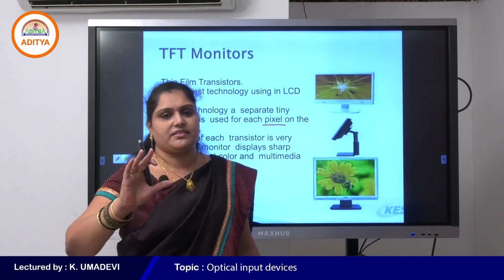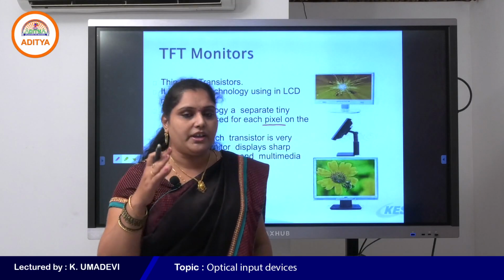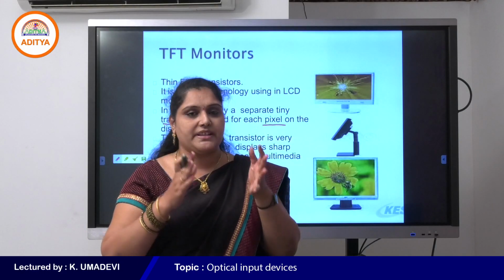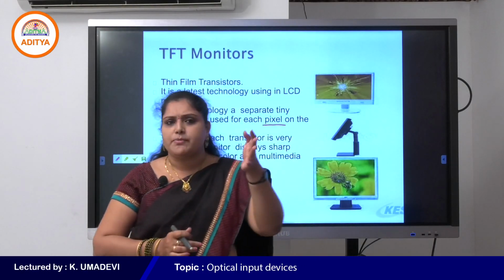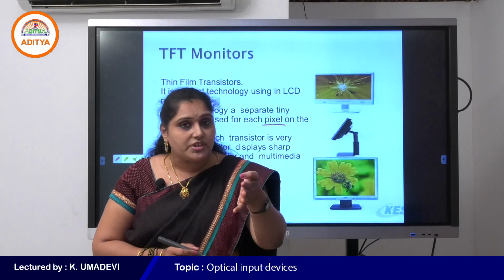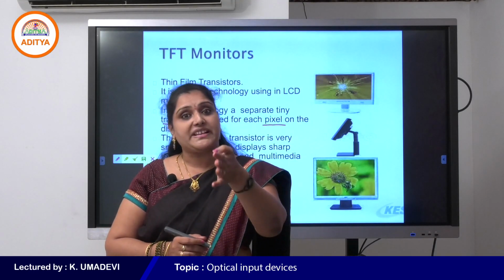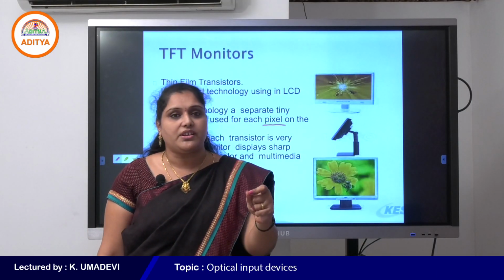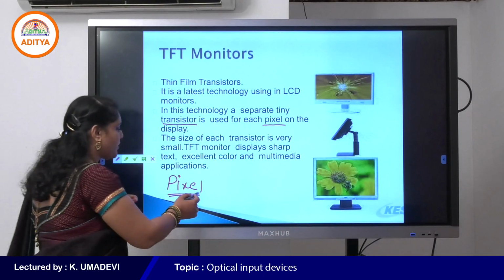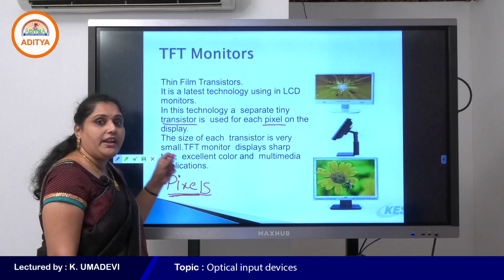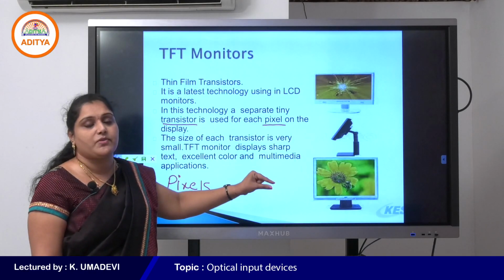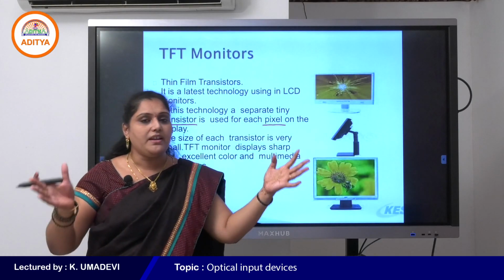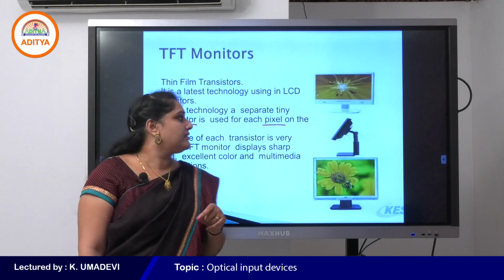Any digital image in our computer or mobiles or any other devices is made up of pixels. When someone talks about the resolution of an image, the resolution is measured in terms of pixels. So the image quality and resolution are based on the measurement of pixels.